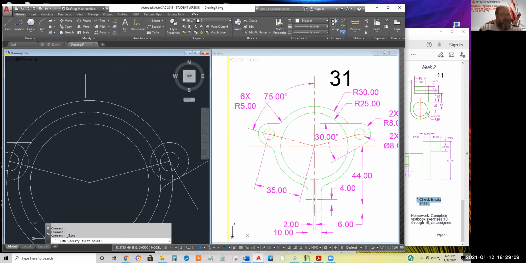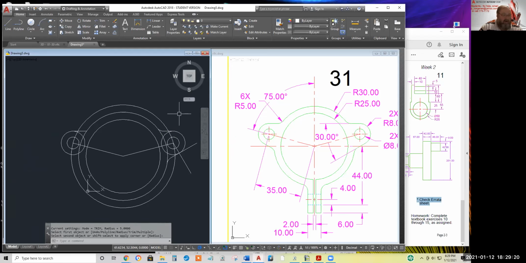While I'm working on the right side, I'll draw a line from that quadrant to that intersection and hit enter. And I'll fillet it using the same radius there. Later, we'll learn the mirror command, so I could trim this away and mirror it straight over. But that's okay. I'll draw a line,